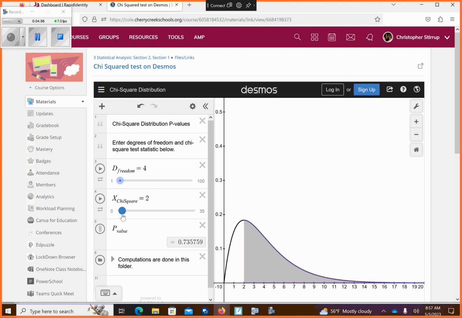So we have a p-value of 0.73 in this case. Okay? So that's as far as I'm going to get for today. I will pick this up tomorrow, but this will definitely be a video that you want to use on